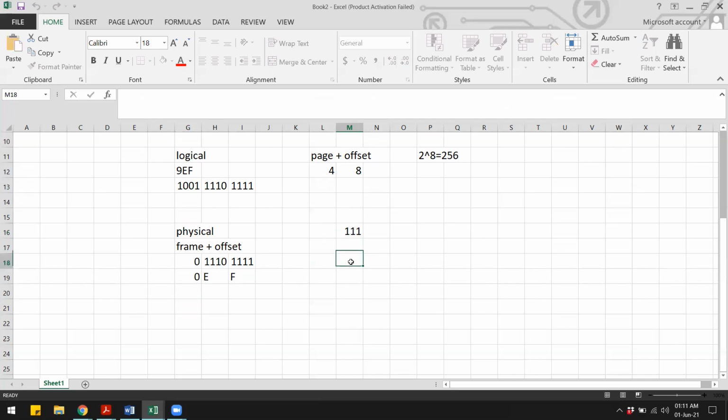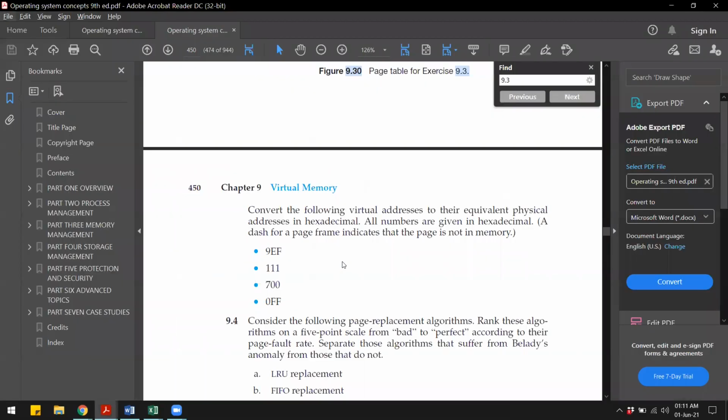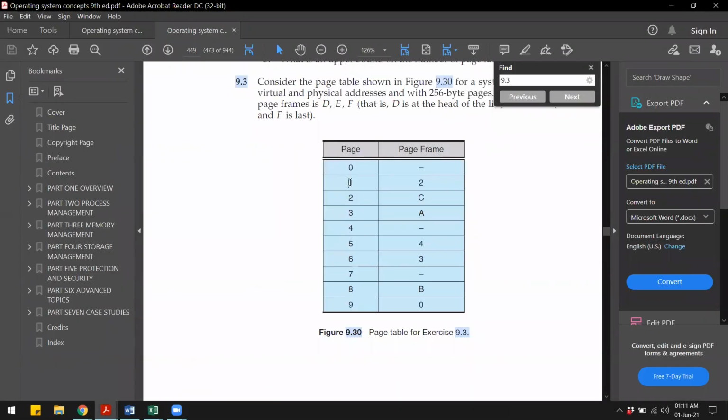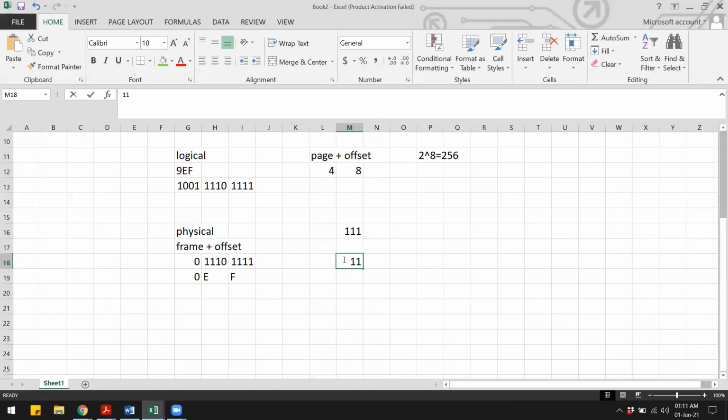So I'll copy this and paste here. Then the first letter, that is the page number, if you convert that to the frame number using the page table, then 1 maps to frame number 2. So in the physical address, the frame number is 2 and the offset is 11. So for this virtual address, this is the physical address.